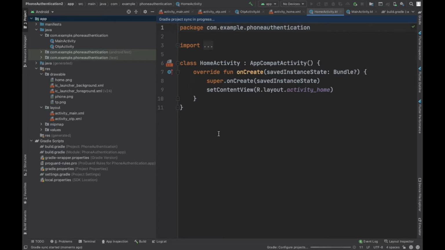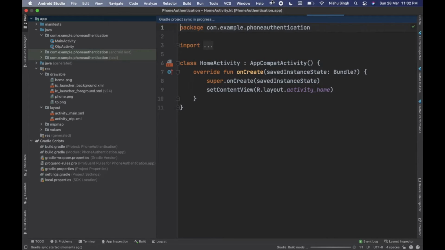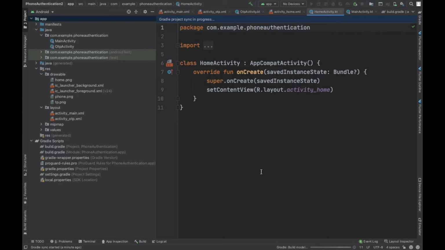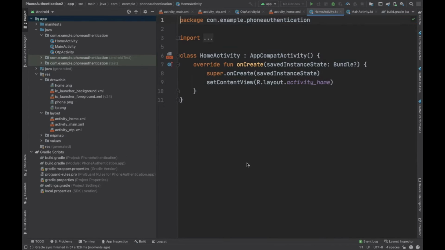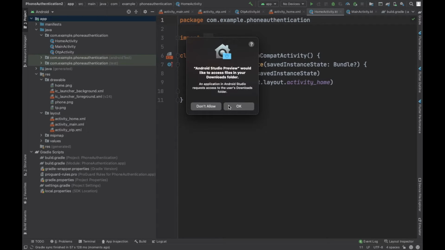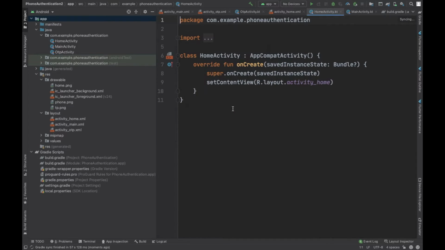Now I simply work on the UI part of the OTP activity. This takes a little time. Now it's complete. Here okay, click OK and close it. And now going to main activity,